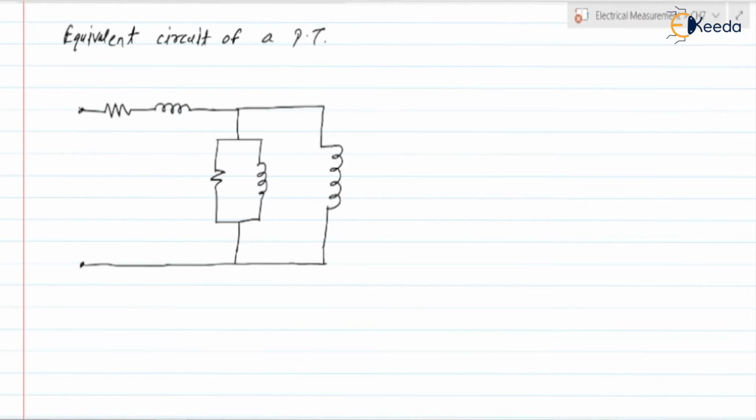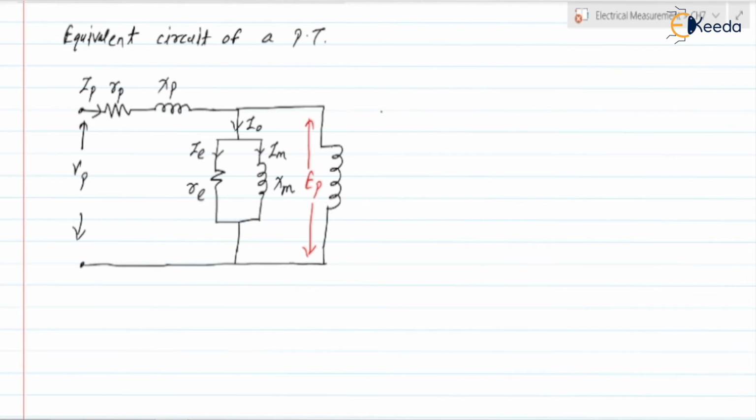Okay, this is the primary side. This voltage is Vp, the input voltage on the primary side. This current is Ip, here it is Rp, Xp, Re, Xm, and the no load current I0. It has two components, IE and Im. One is the magnetizing component and the second one is the core loss component. One is a lossless component and the second one is a loss component.